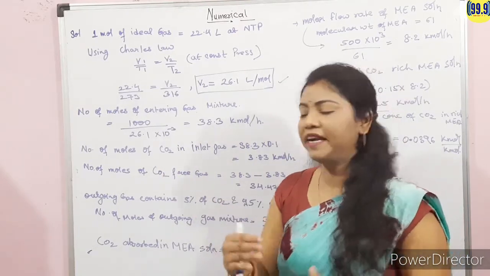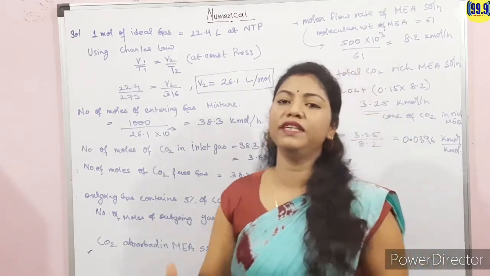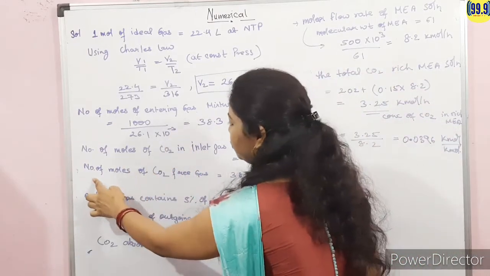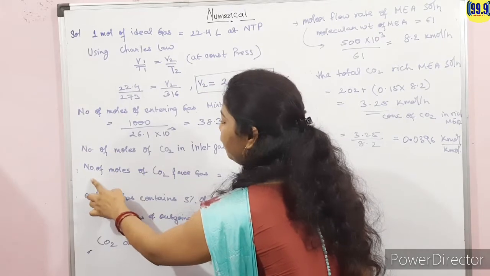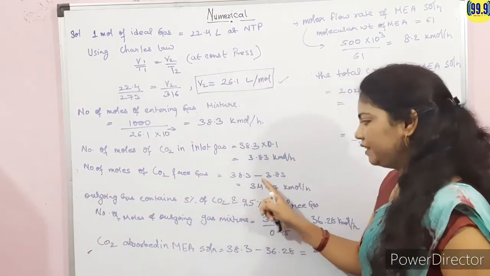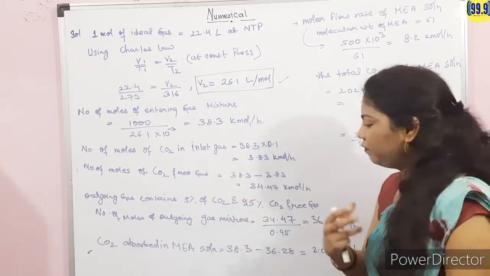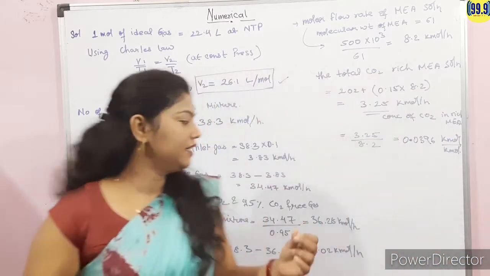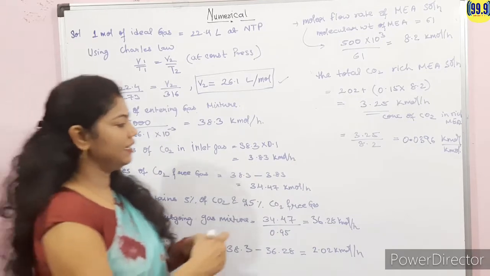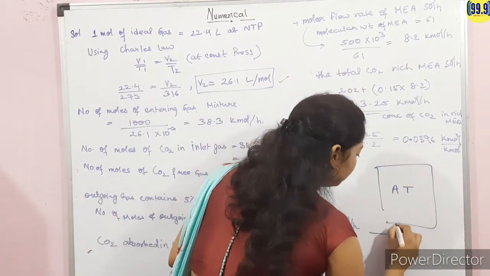If we separate both of them, then we get the number of moles free from the CO2, that is 38.3 minus 3.83, and it will become 34.47 kilomole per hour. Okay, now this is our absorption tower and all the parameters in the